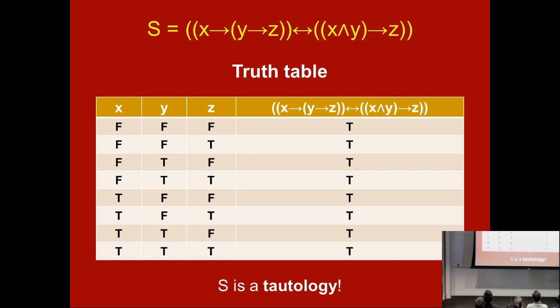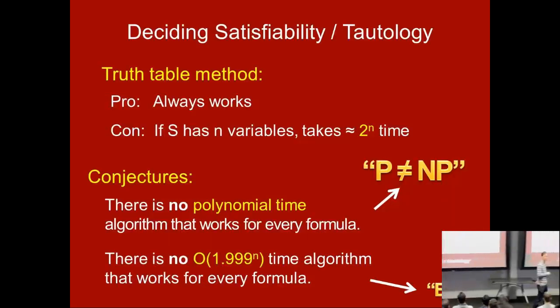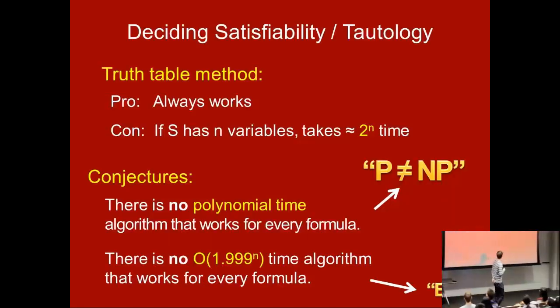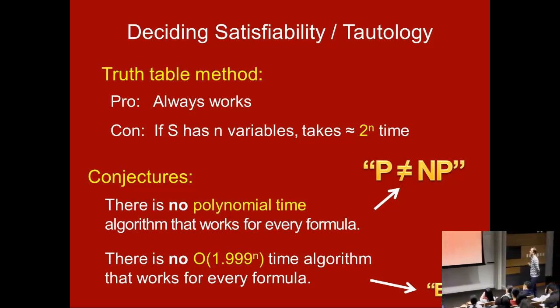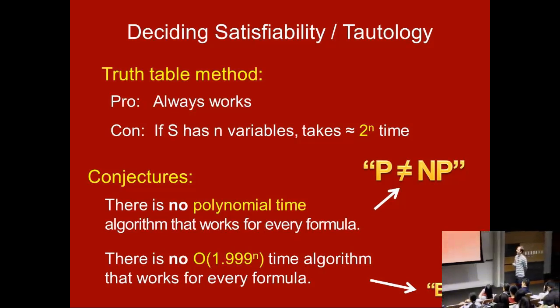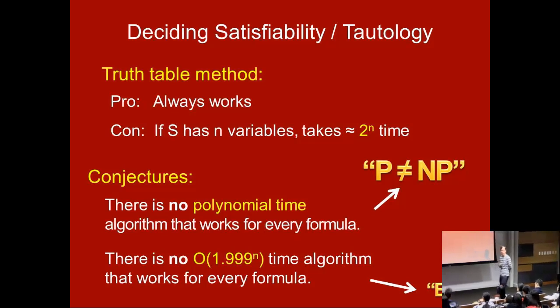You could try to think about maybe what the meaning is and why that's the case. Okay, so we just talked about how you can decide if a formula is satisfiable or a tautology. And you can do it by the truth table method. That's the simplest method. And the good thing is that it always works. I mean, you just fill out the truth table, check what all the truth values are for the formula, you're done. Any downsides to this method?